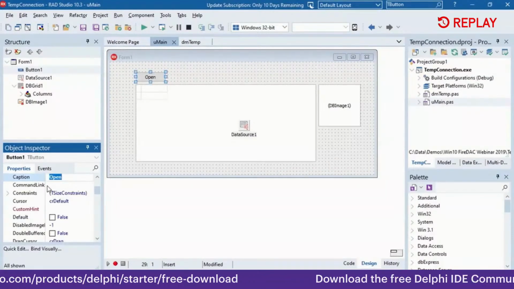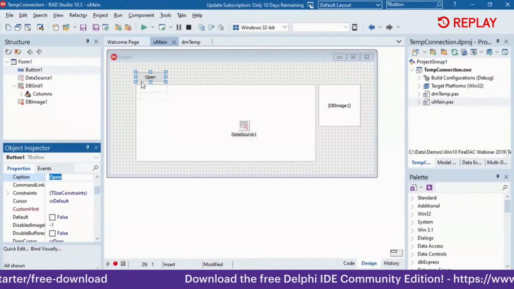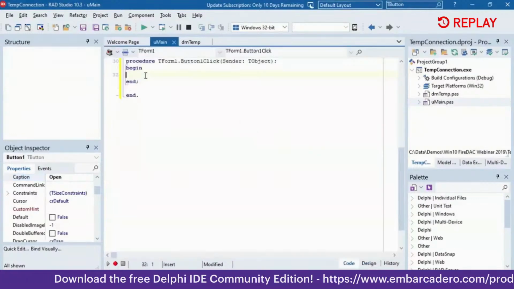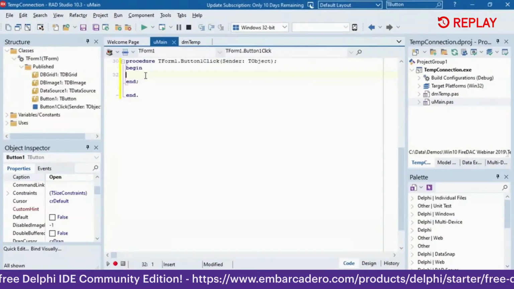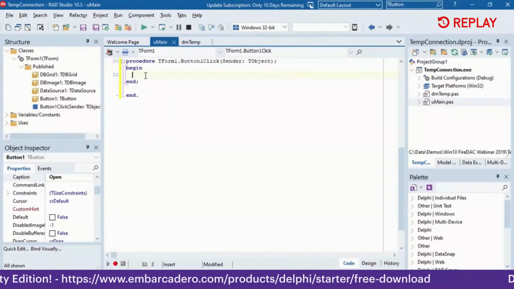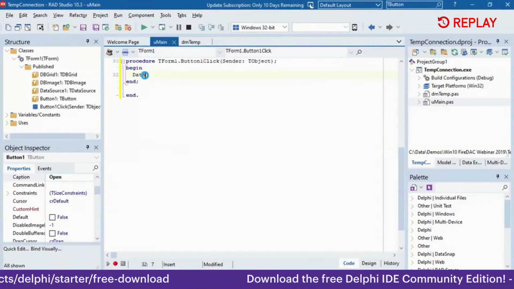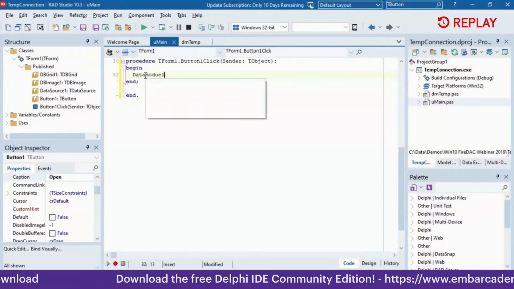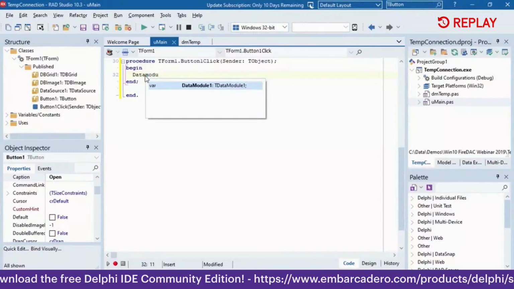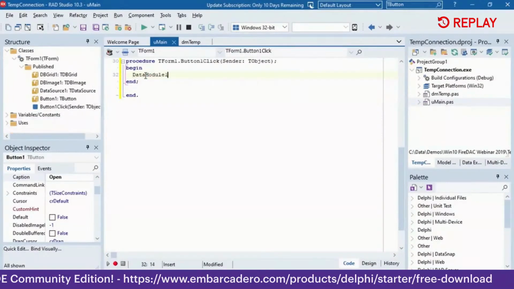Set that to Open, and on the event handler for the button's click, I have DataModule